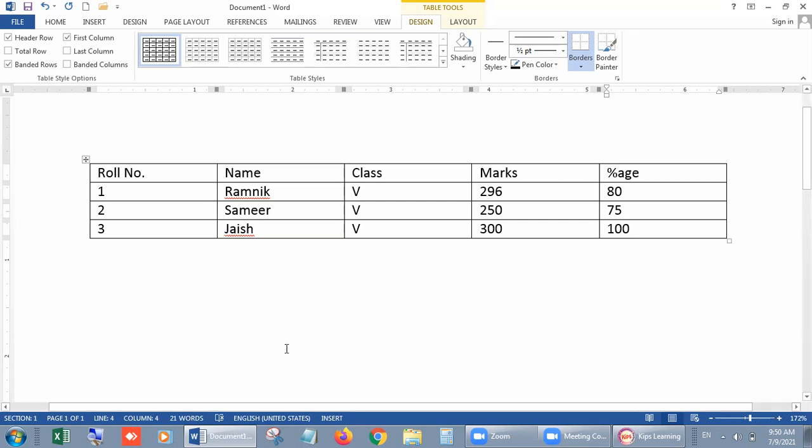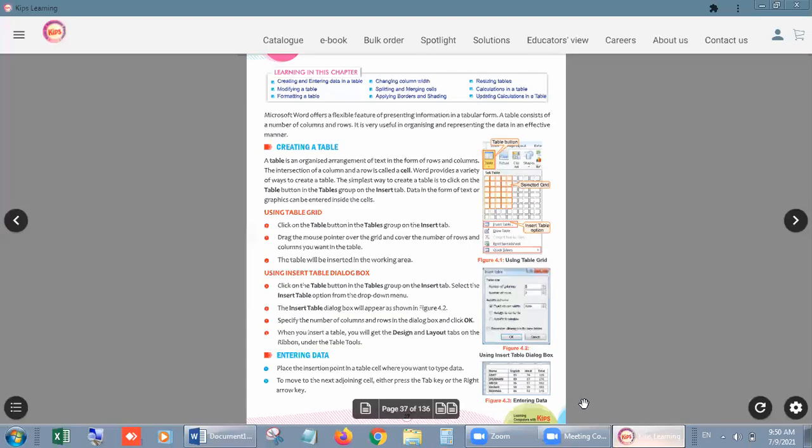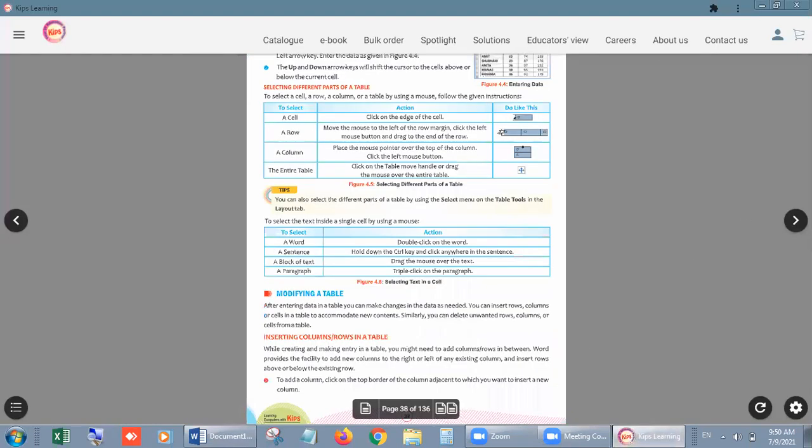Okay. Now, next point. Let me change the page. Now, selecting different parts of a table. How can you select a part? First of all, a cell. How can you select a cell? Click on the edge of the cell. Let's see.